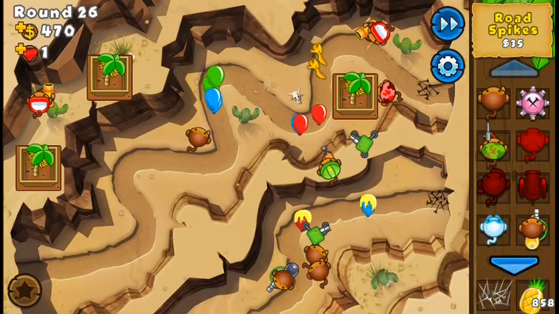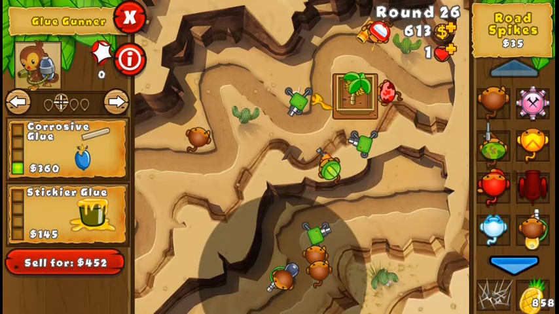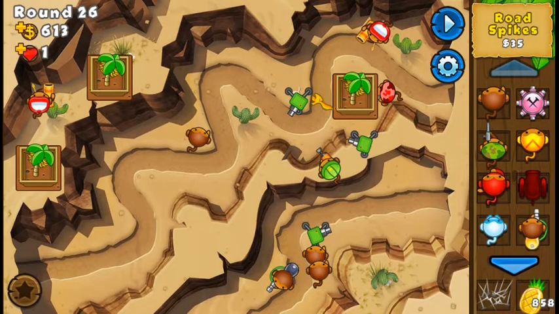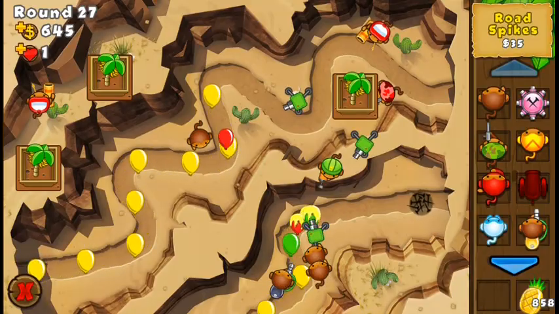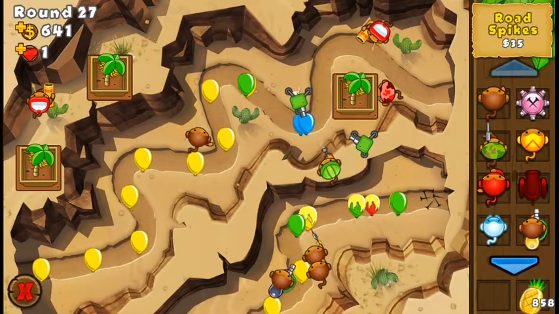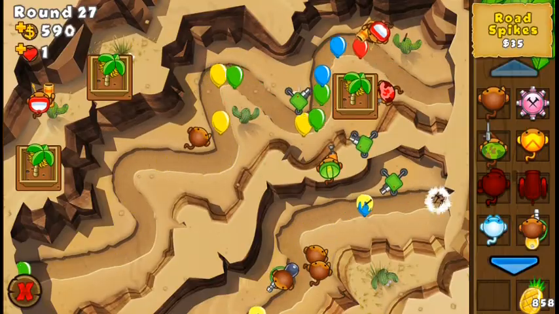Especially like these zebras at the end. That's the thing you have to worry about the most with a glue gunner. And that's it. So for round 27, unfortunately, there isn't really anything you can do about these yellows other than placing roadspikes. Unfortunately, this round right here is the round where you need to place a ton of them